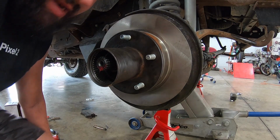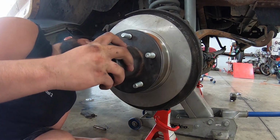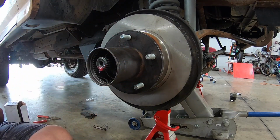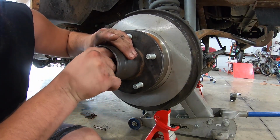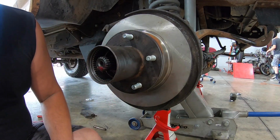All right. Now that I got the hub on and it is seated all the way up, next is to start reassembling this. So, oh, I need the bearing. All right, now that I got the hub on, I'm gonna put the bearing in. This is the inner bearing. All right. Now,